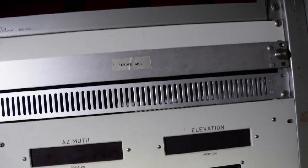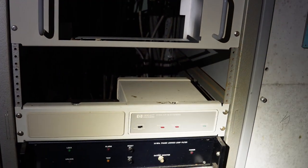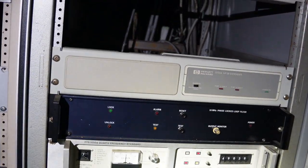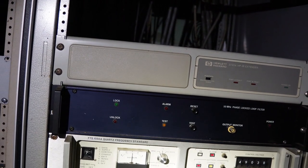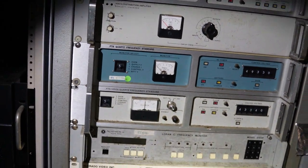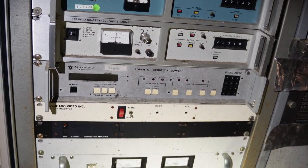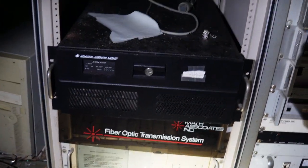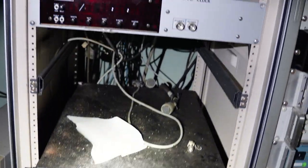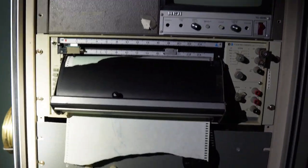Time display. I think they had a driven clock in here. Azimuth, elevation, dish controller, position indicator. Tektronix rack mount, whatever was in there is gone. Filter. This is a FTS 1050A quartz frequency standard, HP distribution amplifier, frequency standard, frequency standard. So these were all part of their measurements. That's probably a power supply down there. ATC, UPS, fiber optic transmission system. UTC clock, chart recorder, okay, chart recorder,